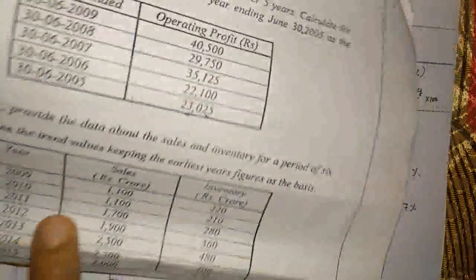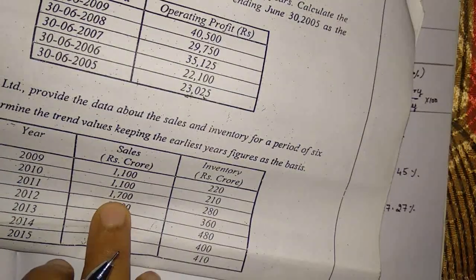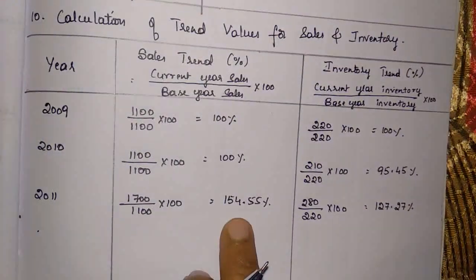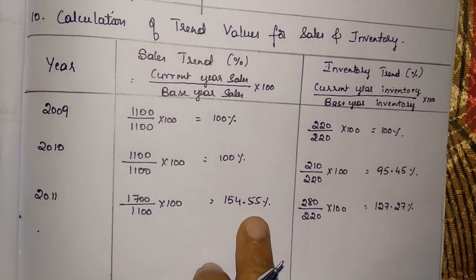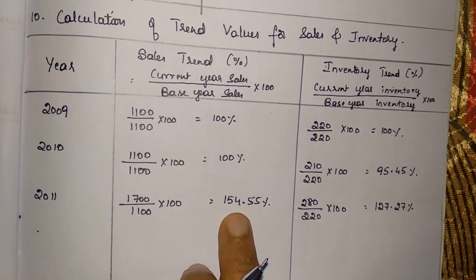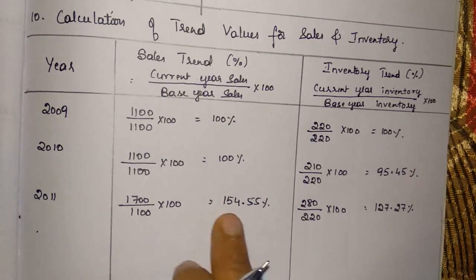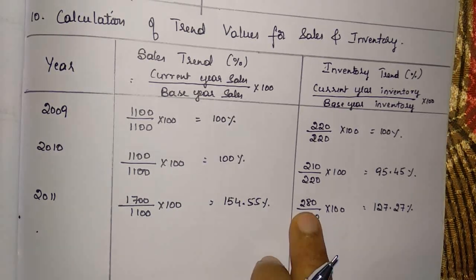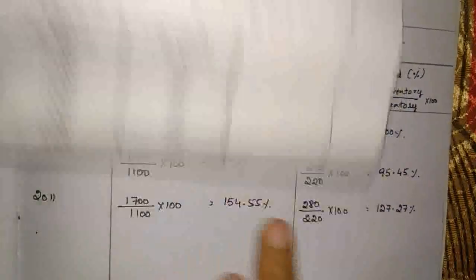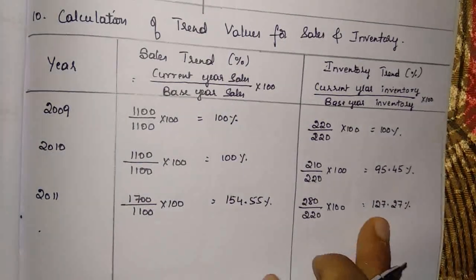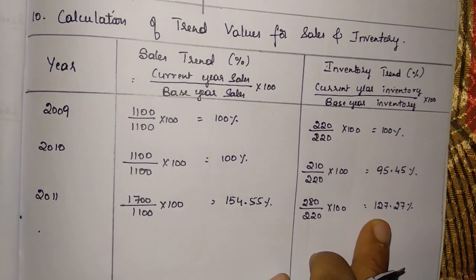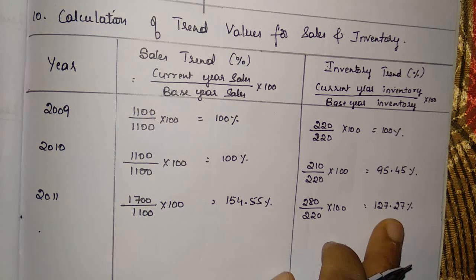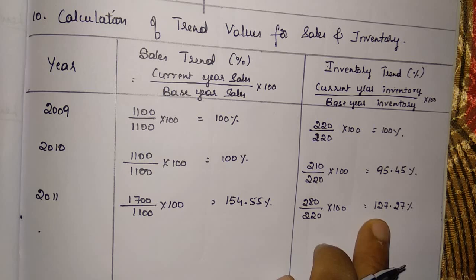In 2011, where sales is 1100, compare it with the base year sales 1100, trend value is 154.55%. There is an increase of sales from base year to current year by 54.55%. And inventory is 280 in the current year, compared with the base year, and there is an increase in inventory maintenance by 27.127%,